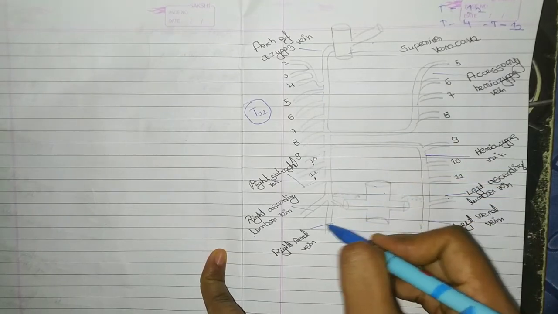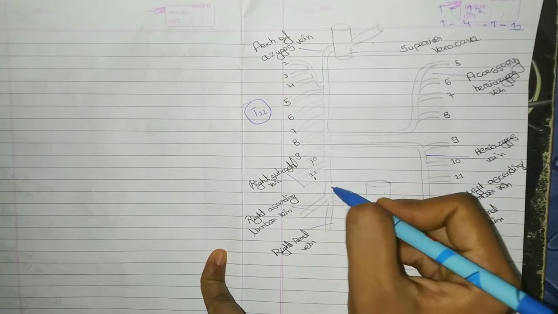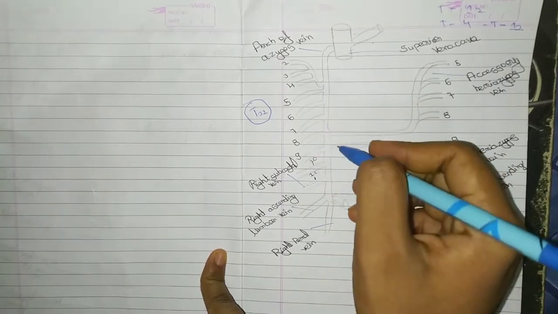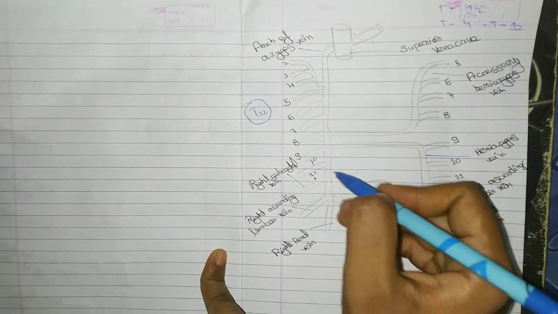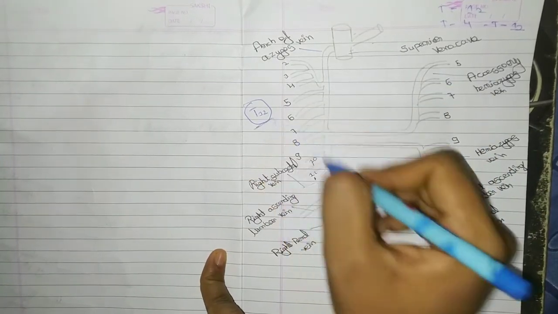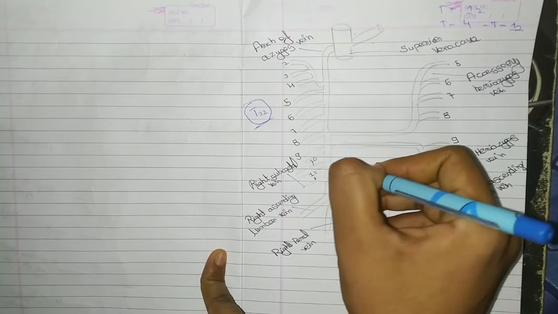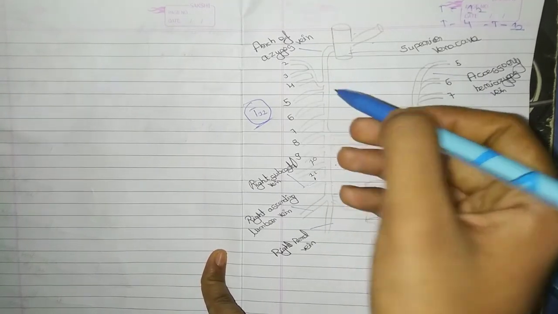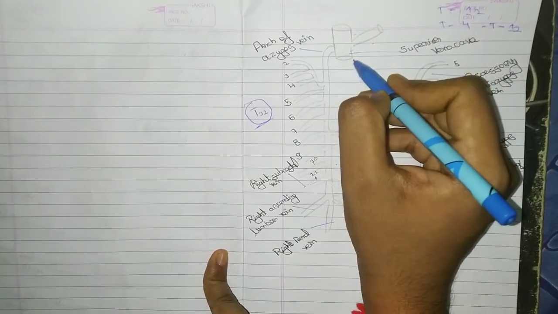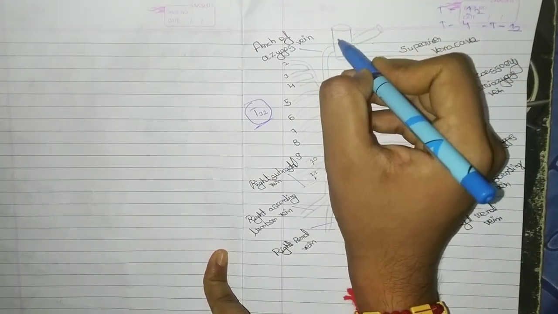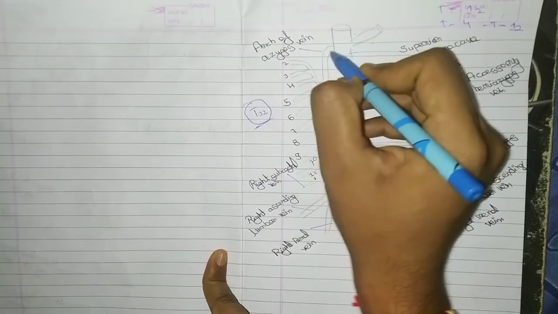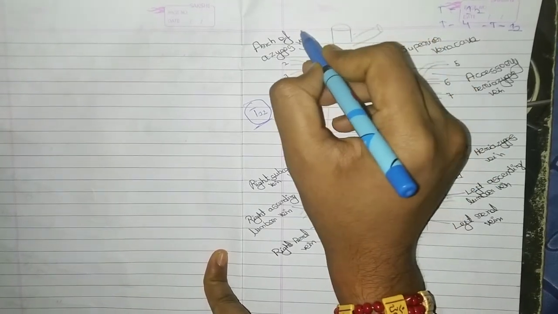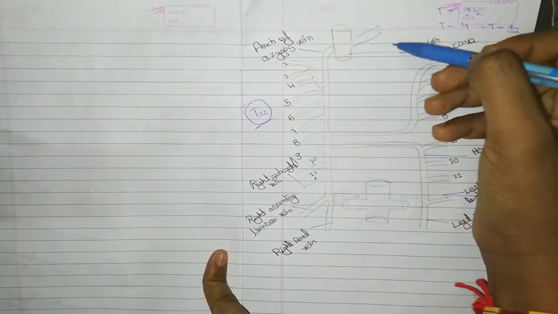It ascends through the aortic hiatus along with descending thoracic aorta and thoracic duct at the level of T12 vertebra, and then it enters the posterior mediastinum. From there it ascends, and at the level of T4 it reaches superior vena cava and terminates at the level of second costal cartilage. Relations: